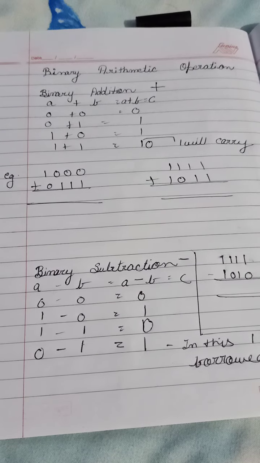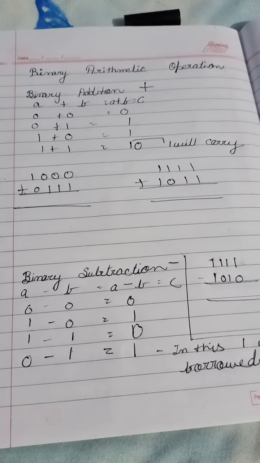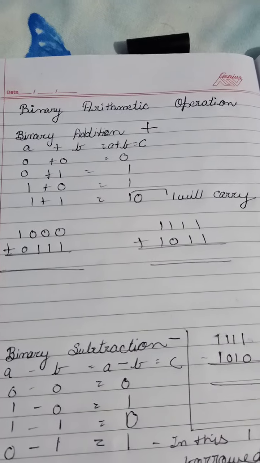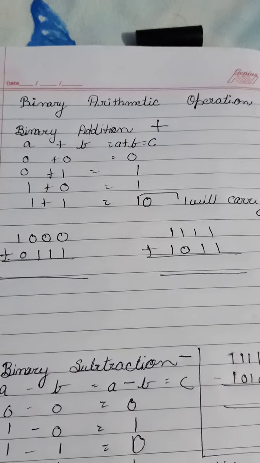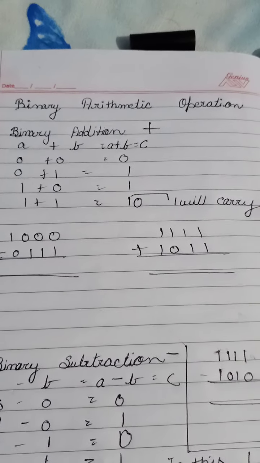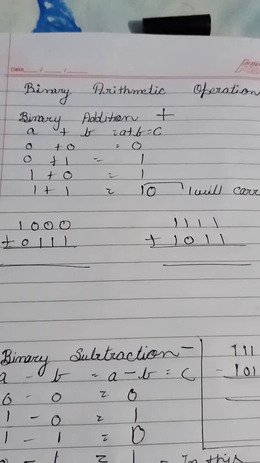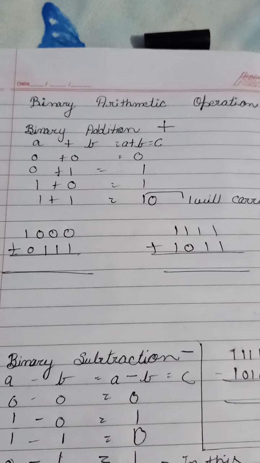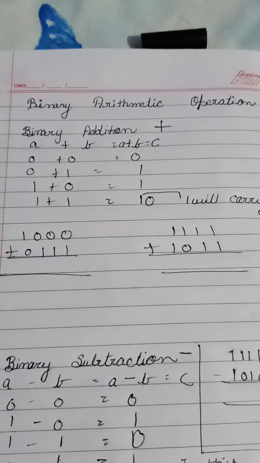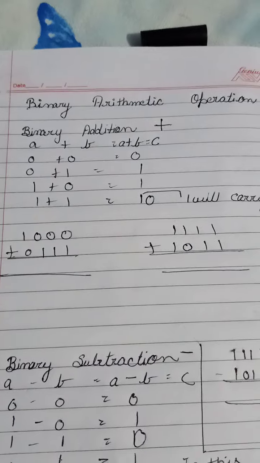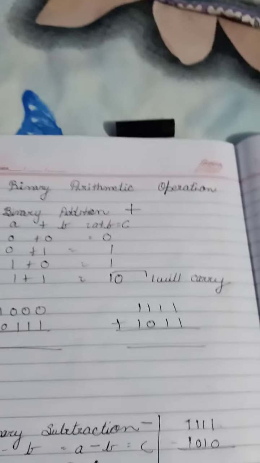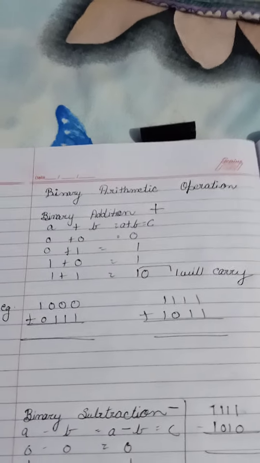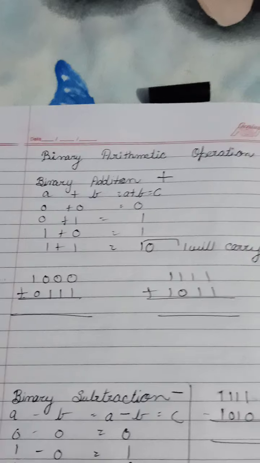Today, again, I am here with a new topic, that is binary arithmetic operations. As we all know, a computer understands only binary code, and whatever data the user inputs is converted with some technologies into binary code for further processing. This processing may be of various kinds in arithmetic operations, like addition, subtraction, multiplication, and division of binary numbers. So let's begin with the first, that is binary addition.